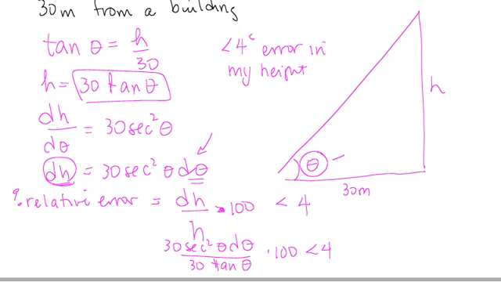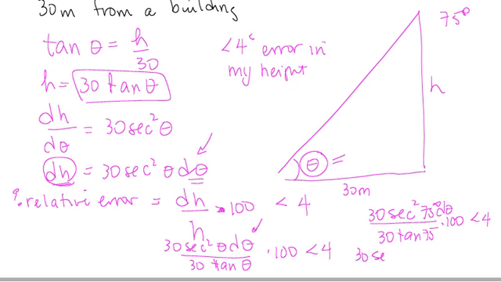So for my specific case, let's say I measure this to be approximately 75 degrees. So if that's approximately 75 degrees, how accurate do I have to measure that? So that would be 30 secant squared of 75 degrees over 30 tan 75 times 100. Oh, d theta, forgot that. And you want that to be less than 4. So now isolating the d theta, I'm going to multiply both sides by 30 tan 75. So 4 times 30 tan 75. So I get 30 secant squared 75 d theta equals